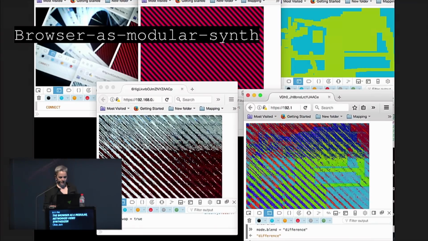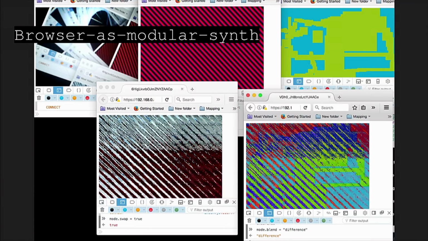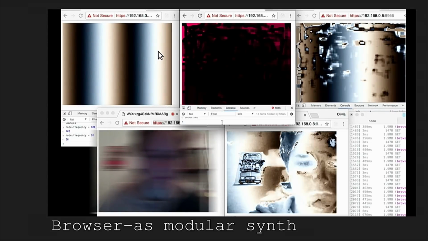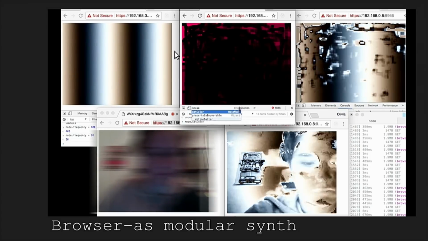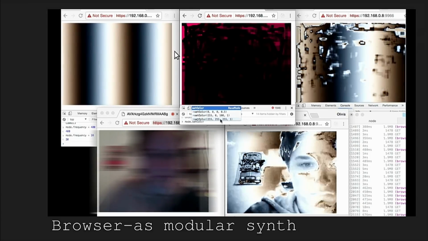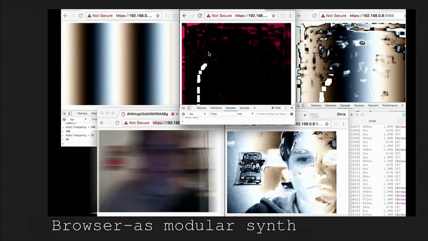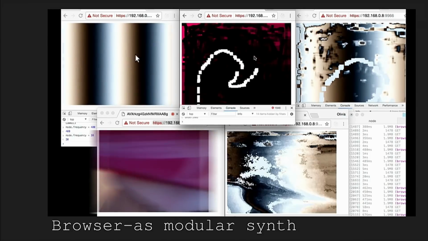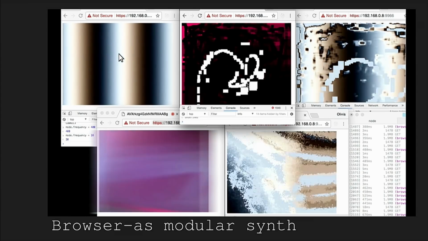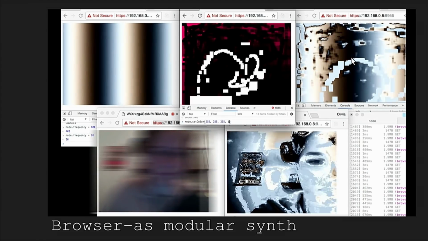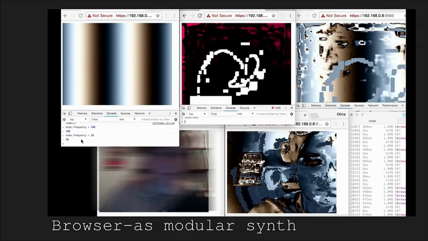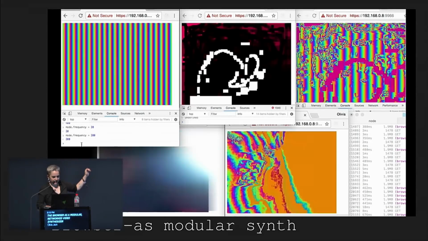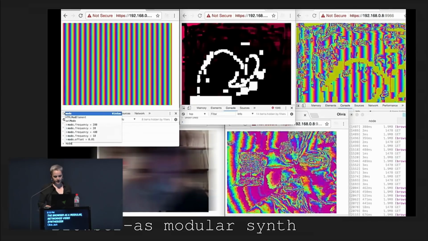And so this was an initial experiment that I did with this, which is basically, here I have a bunch of windows connected via WebRTC. In this case, they're all on the same computer, but they could easily have been one in one country, one in a different country, connected over the web. And here on the left, I'm creating an image, and I'm sending it as a video to here and combining it with this one. And then I'm sending other videos. Here's the webcam, and then combining it with what's on the bottom right.